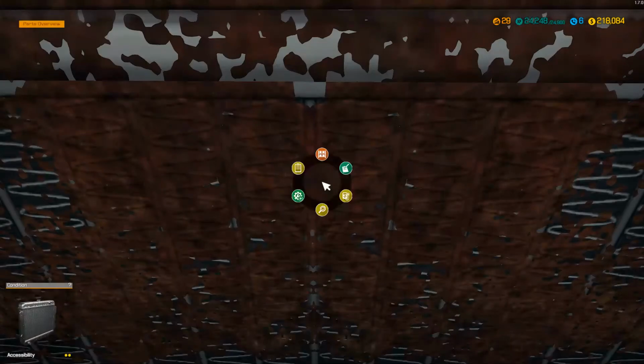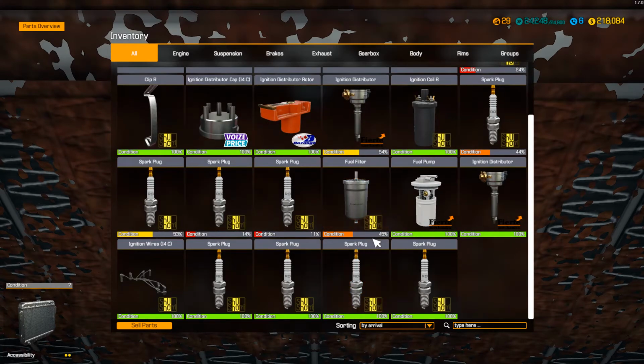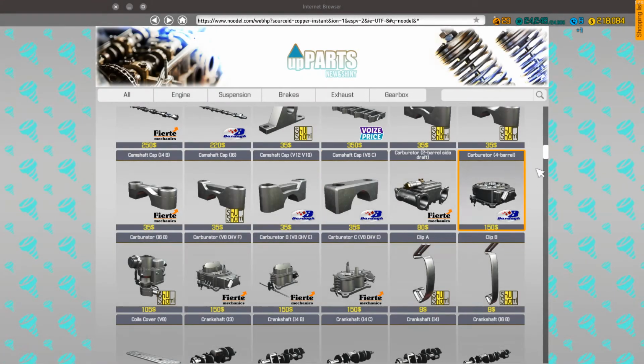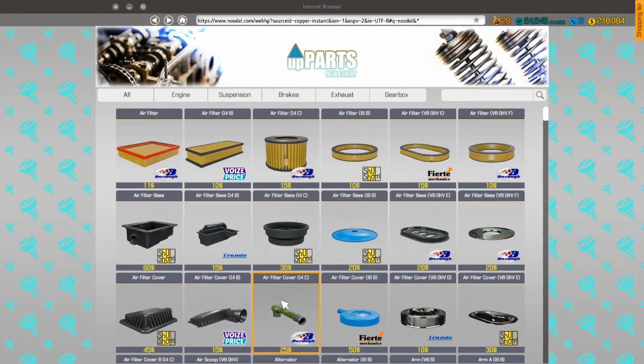So what do we got now? Let's see. I4C, we got a replacement for that, and we needed a new fuel filter. Why don't y'all remind me we needed a new fuel filter? Fuel filter. I'm gonna grab one of these as well. We're missing that, so